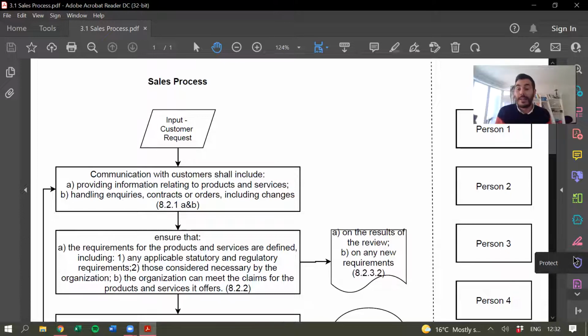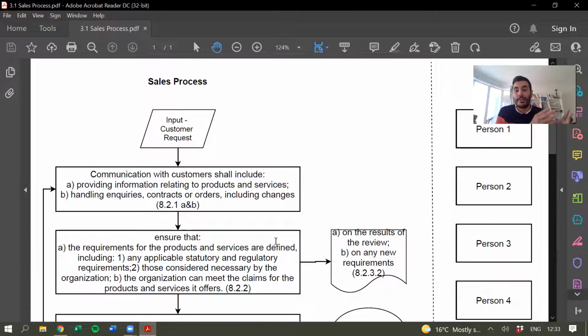So for example, HACCP has to be taken into consideration, and other elements that we are considering to handle food in a professional way and in a way that is safe for the end user. In the second element, we are saying that those considered necessary by the organization. And in this case, for this food company, then we will need to know what type of food product, because